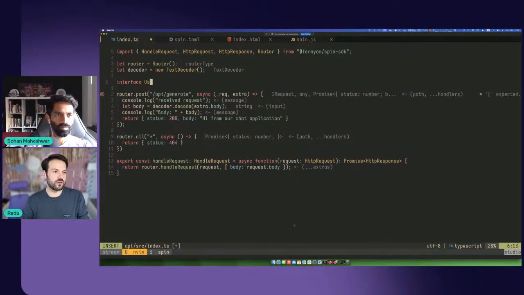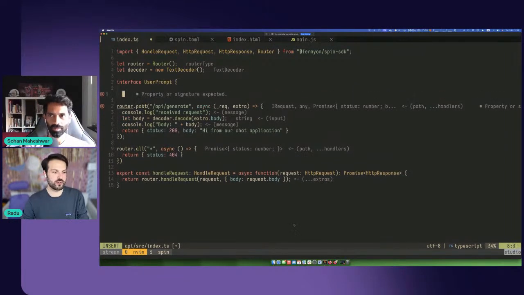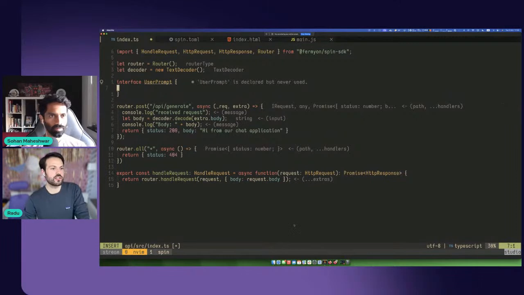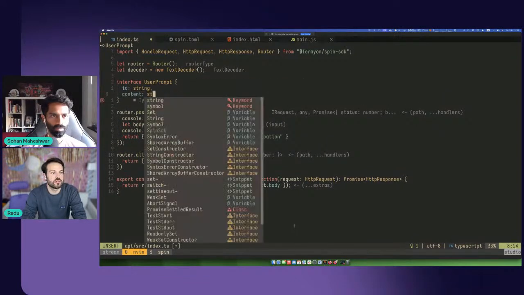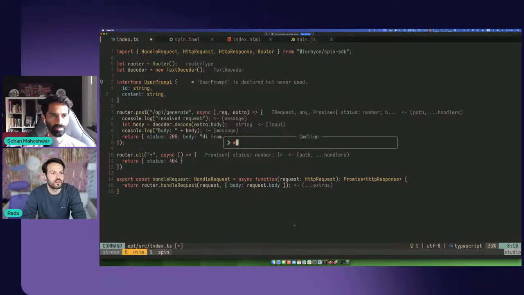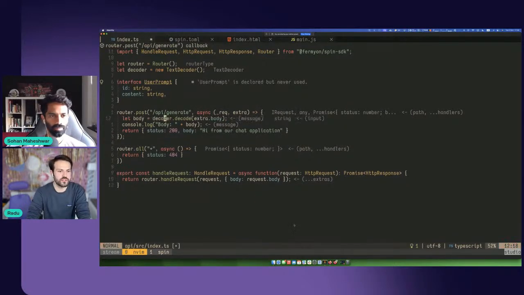Interface user prompt. We basically want to deserialize the JSON into this. So we have an ID, and then we have content. Okay. So whenever we receive this, let body equals,